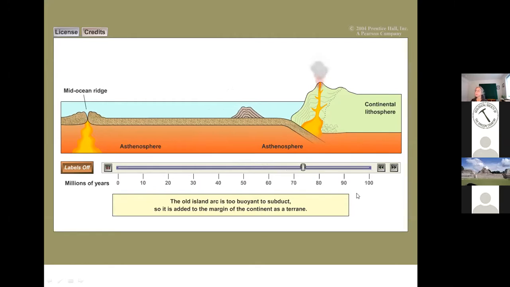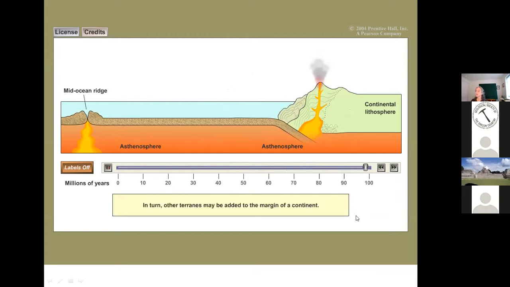Okay, and this happens with successive terrains moving by the magic of moving plates over the surface of the Earth, moving those land masses and actually adding them onto the continent. So when I say that these are the oldest rocks in Oregon, there was no Oregon. Oregon was ocean until these places were accreted on, the Blue Mountains and the Klamath Mountains.